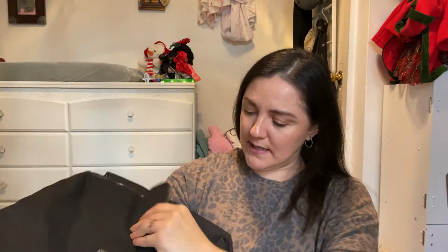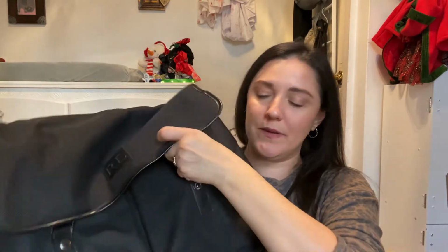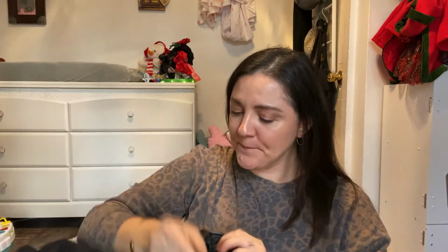And then let's see. Yeah, right here, it's got these snap buttons to open it up. And then when you get inside of it, you've got pockets. So you've got these two pockets as well as this pocket. And I think this is wonderful for a laptop or iPad or art accessories, or just anything that you can